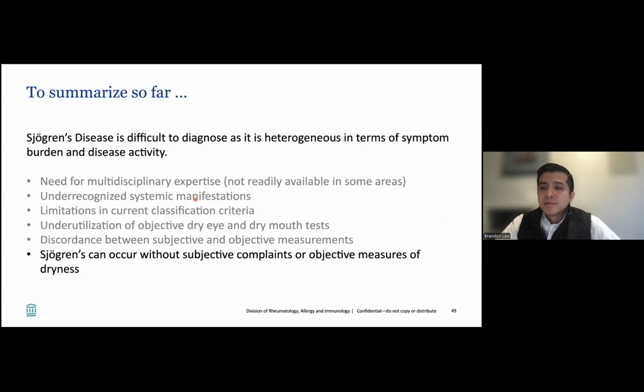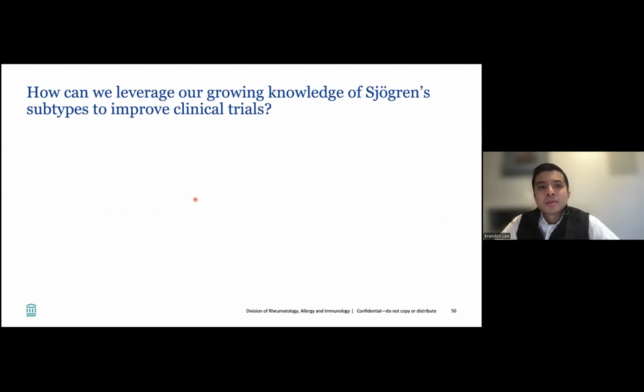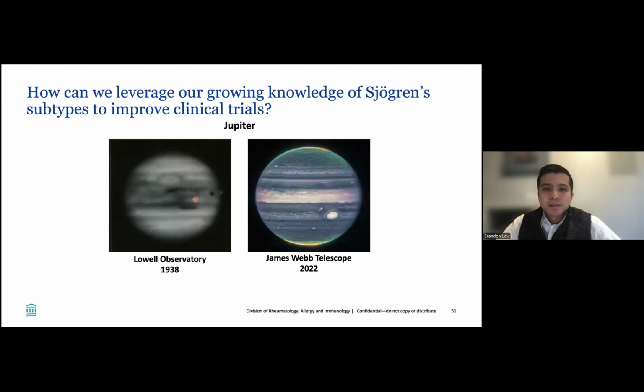So knowing all of this, should we even be optimistic at all about the future of Sjogren's? And I think we should be, despite these challenges. So how can we leverage our growing knowledge of Sjogren's subtypes to improve clinical trials? That's one of the main things I think we can be optimistic about in the future: as we have grown our understanding, we've been able to be a little bit smarter, get a little bit more granular, going back to this Jupiter analogy, in being able to adjust accordingly and maybe develop therapies that might be helpful